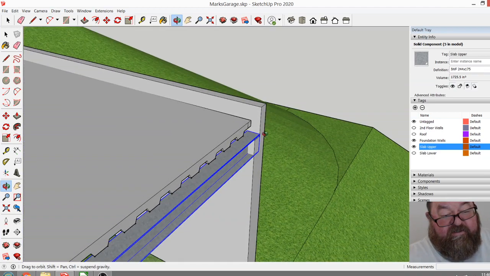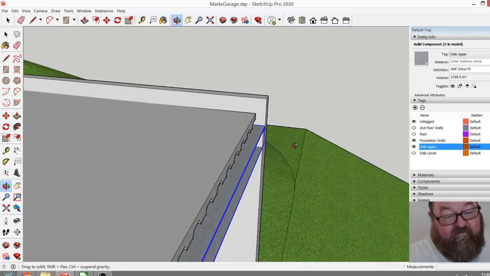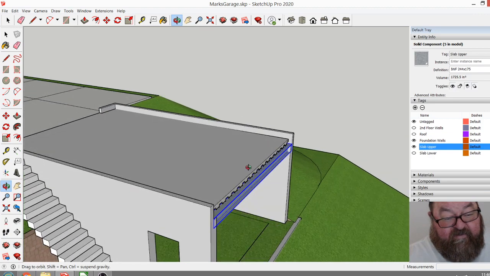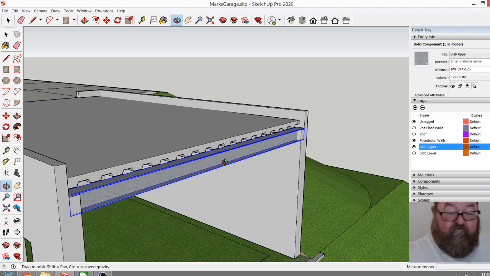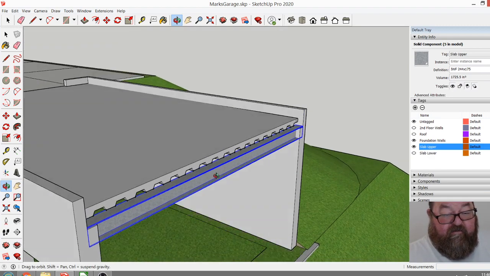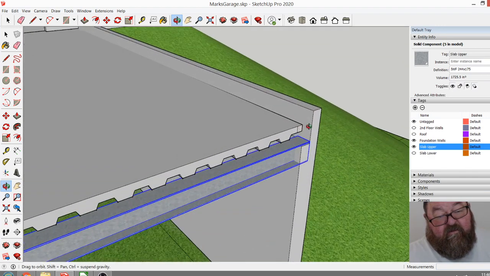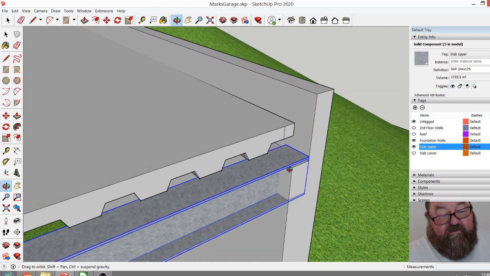This will also show you what kind of detail would be required to finish that back there, because your upper wall would probably, what you would do, yeah,